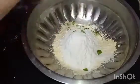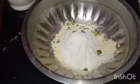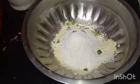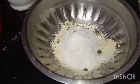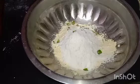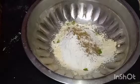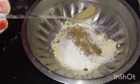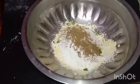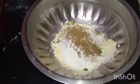And for spices, I am adding green chili, and you can add red chili powder if you want. Salt as per your taste. And after that, the main spices, that is garam masala, a pinch of garam masala, a pinch of turmeric powder,